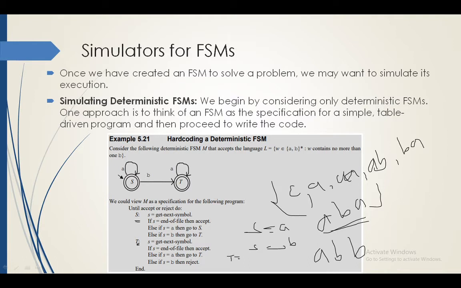Once it moves to label T, then it will read the next character. What is the next character here? B. That will be assigned to S here. You are in which state? You are in the T state. From the T state, you are going to check what the S value is here. The S value is B in this case. So the third symbol is B. So S equal to B here. You are going to check whether S equal to end of the file. No, it is not end of the file. S equal to A? No, it is not A. S equal to B? Yes, the condition becomes true here. Then it will get rejected. So this ABB string gets rejected by this deterministic finite state machine.